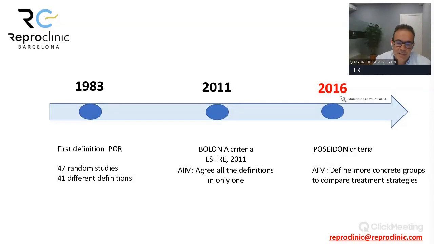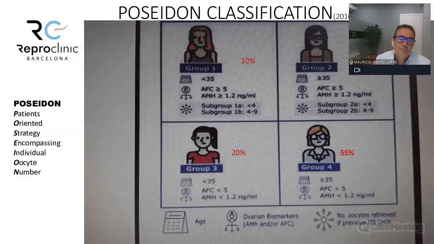Recently, in 2016, a group of researchers gathered together to establish the Poseidon group, with the aim to investigate the diagnosis and management of patients with POR. Now let's talk about the Poseidon criteria. As you can see here, Poseidon is an acronym that means Patient-Oriented Strategies Encompassing IndividualizeD Oocyte Number. Attending to the age, the ovarian biomarkers,